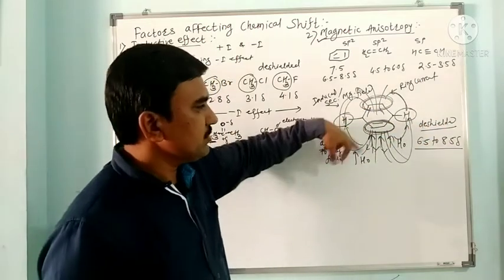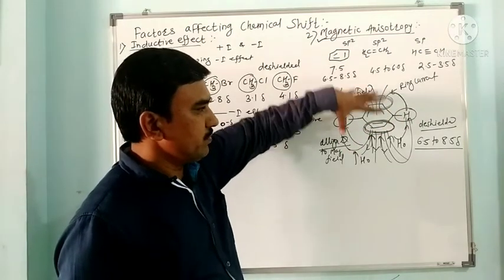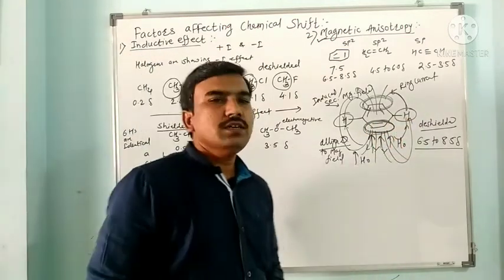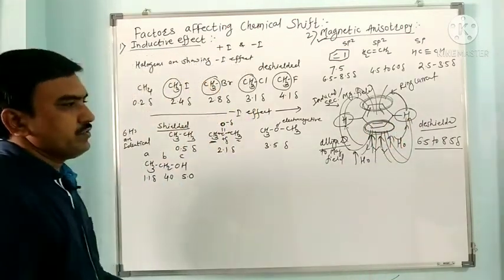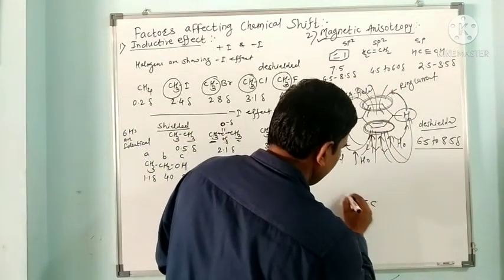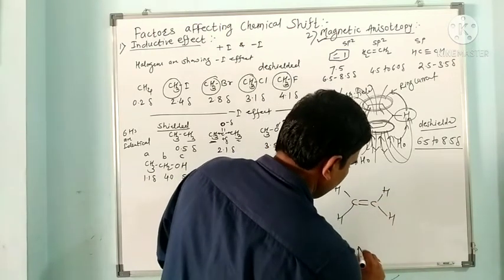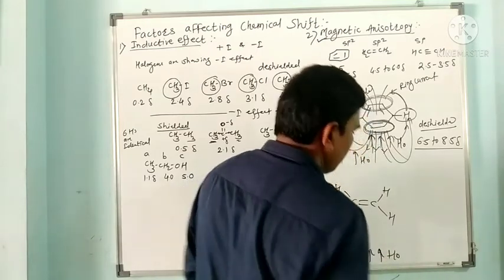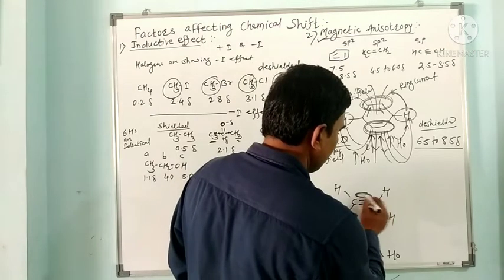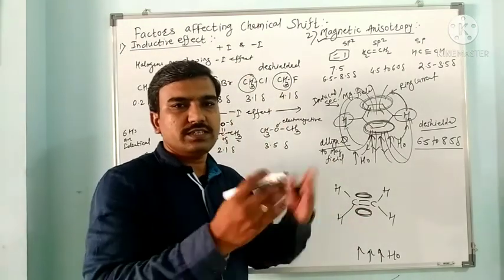So in this way, here also same. So here all the hydrogens will be experiencing the de-shielding effect. So here the chemical shift is around 6.5 to 8.5 delta. Now if you see the example of an alkene, C double bond C, here these are hydrogens. Now again this is placed in the applied magnetic field. Here these are the pi electrons which create the current because of their circulation.